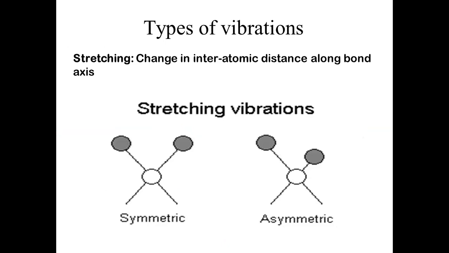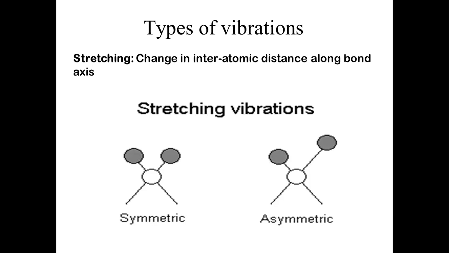Okay, so the first kind of vibration is a stretching vibration wherein the bond length is being changed, and the bond angle is going to remain the same, and we have classified it into two types, symmetric and asymmetric vibration. Suppose now here you have a CH2 group, a carbon attached to two hydrogens, and if both of the hydrogens are coming closer to carbon at the same time and going away from it, we call this a symmetric vibration. It means both the bonds are contracting or elongating at the same time. So this is a symmetric vibration.